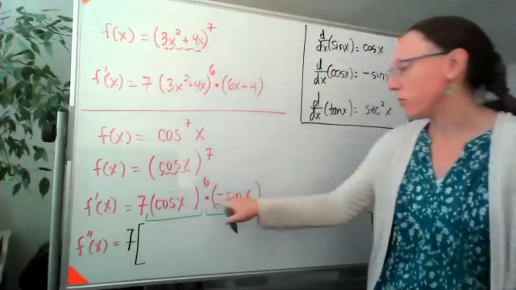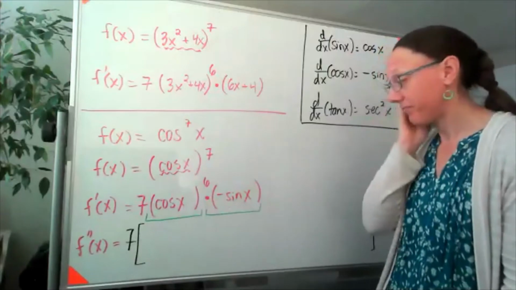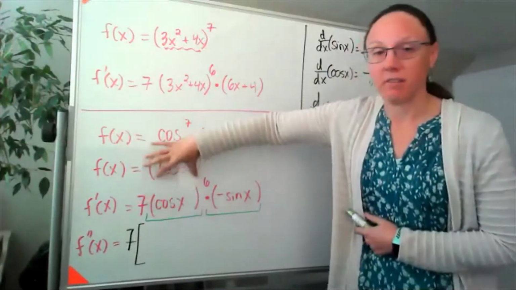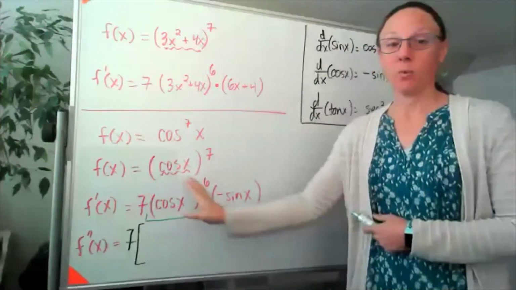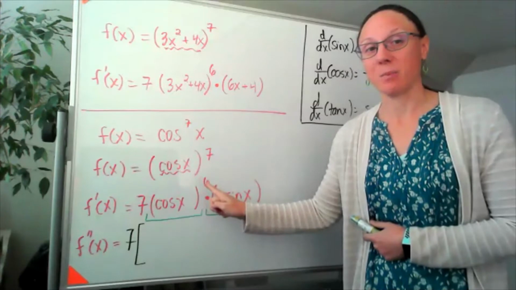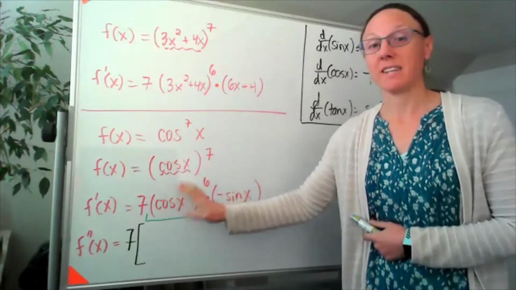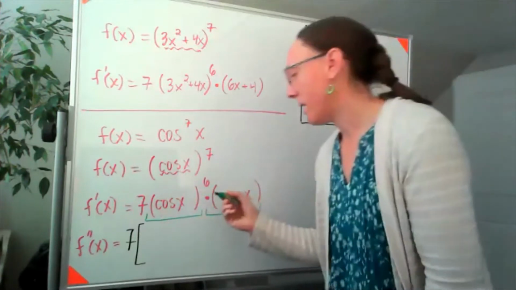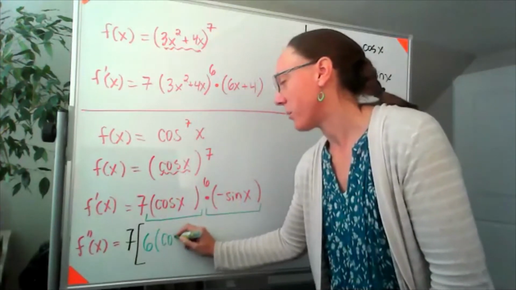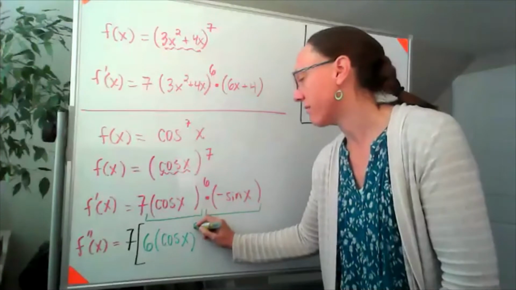And I know that if I'm doing a product rule, I'm going to need to start by taking the derivative of the first piece. Well, that first piece, I have something in parentheses raised to the 6th power. So when I take that derivative, I'm going to end up with 6 times the something in parentheses raised to the 5th power